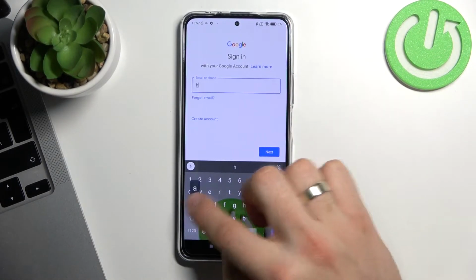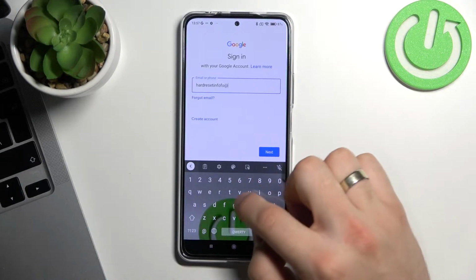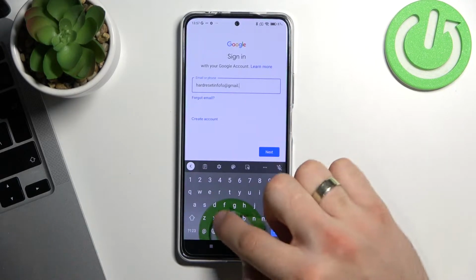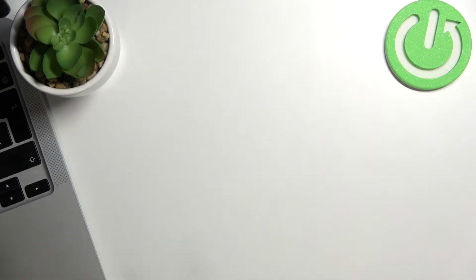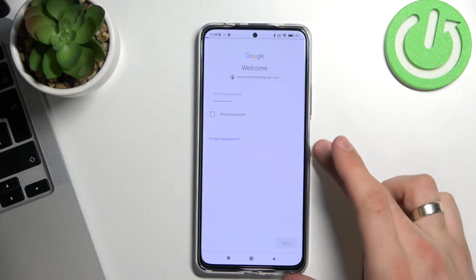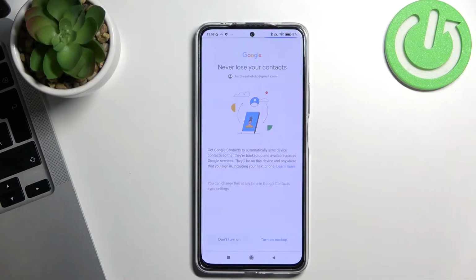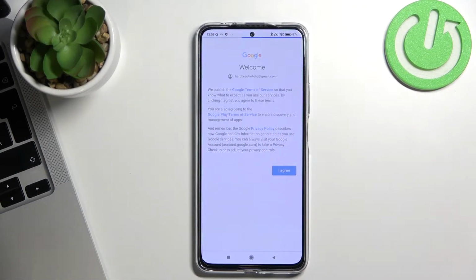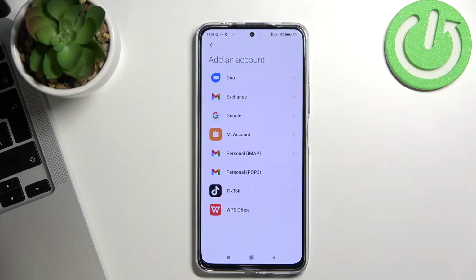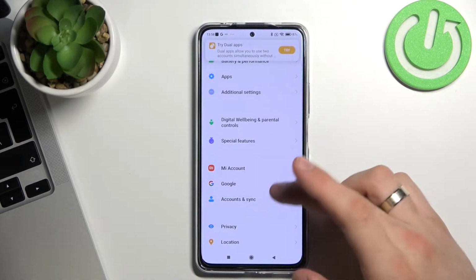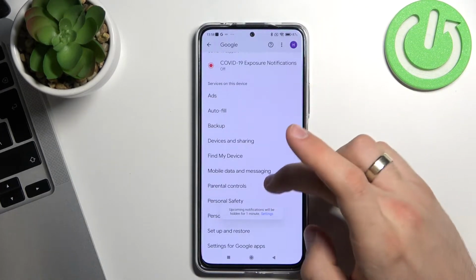So enter child's email, and the child's password, click Next, wait a while, you can turn on or don't turn on Google Backups, click I agree, wait a while, click Accept, cool. Now go back to the settings menu, find Google, click on it, scroll down and choose